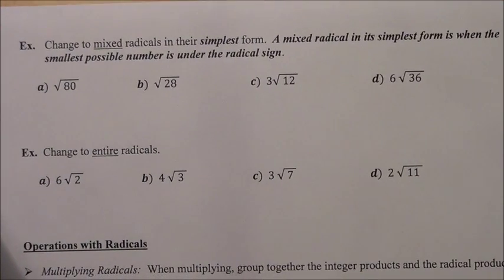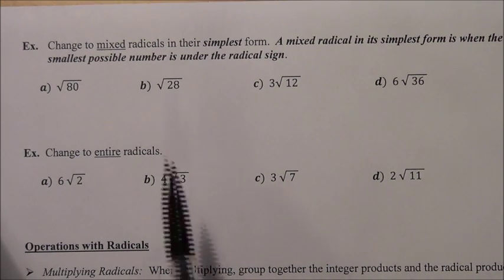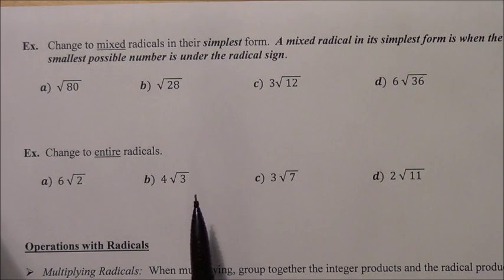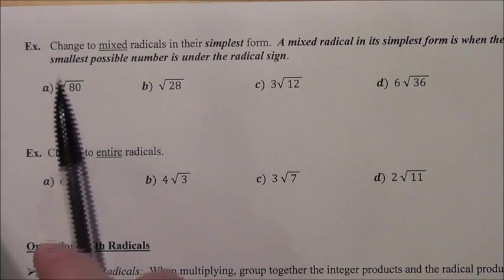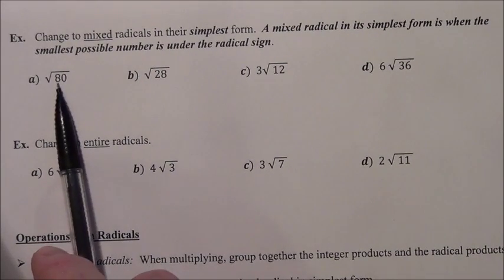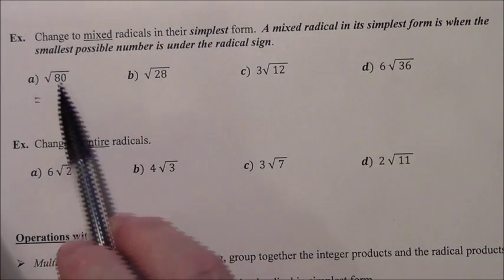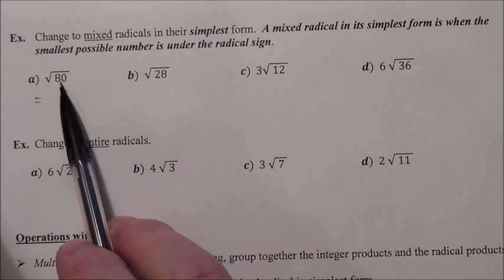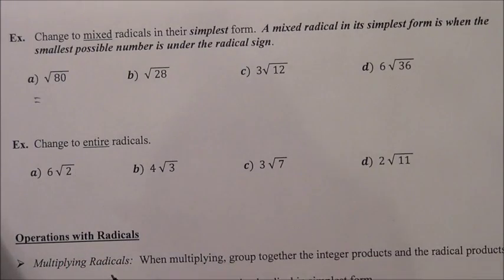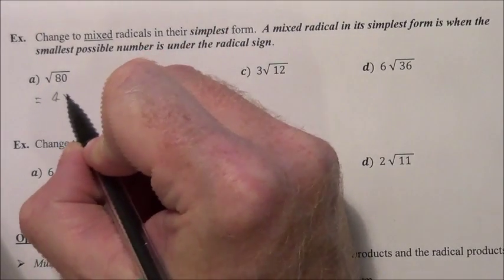So we want to change to mixed radicals in the simplest form, and a mixed radical is when we have the smallest number possible under the radical sign. So in order to do that, we want to identify what perfect square is in root 80 that we can pull out of root 80. So we want to see what product of two factors of 80 we can use where one of the factors is a perfect square. So what we could do is say, okay, well, obviously 4 times 20 gives you 80,